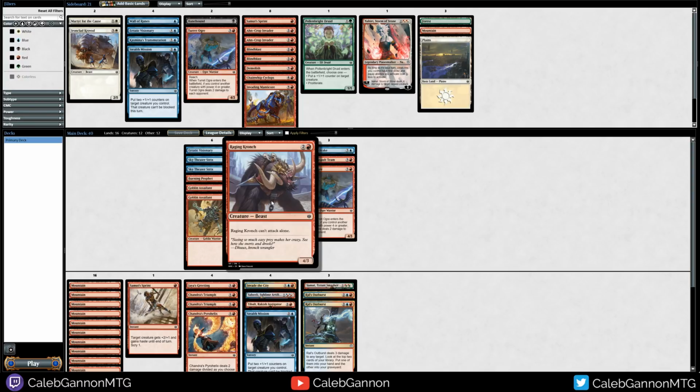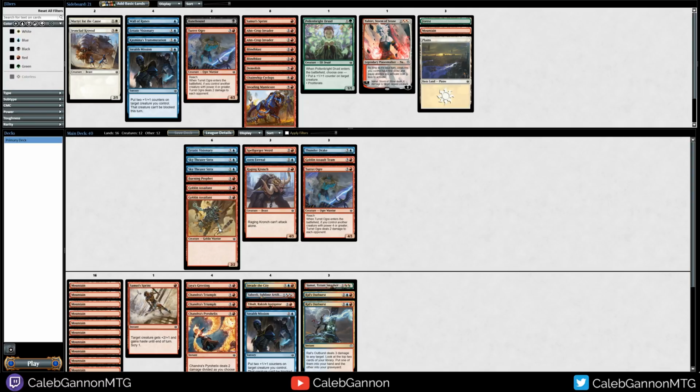I like the Raging Crunch, particularly because we have the Goblin Assailant, so we can start attacking for quite a bit. And then, yeah, Planeswalkers obviously make sense. I'm trying 1 Invade the City. I'm not sold on how good it's going to be, but I'm hoping at least it'll be like a 3-mana...